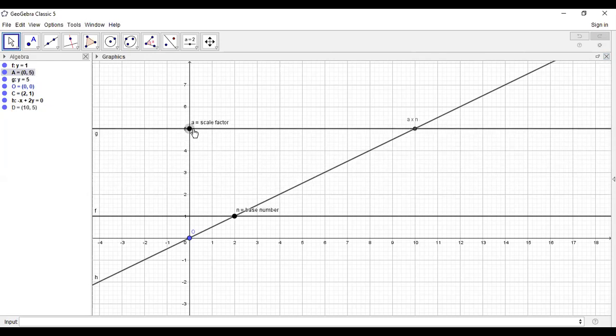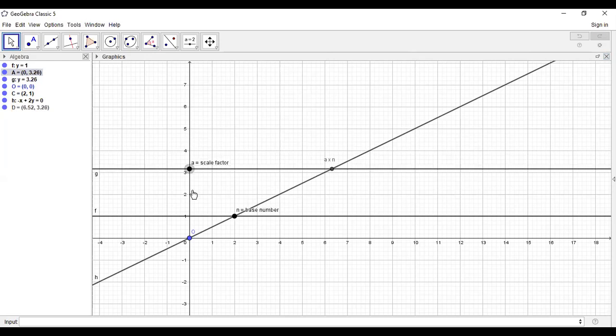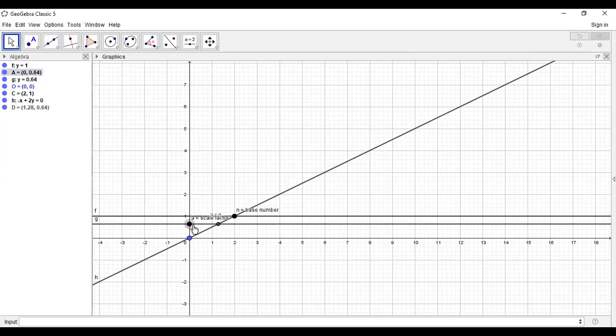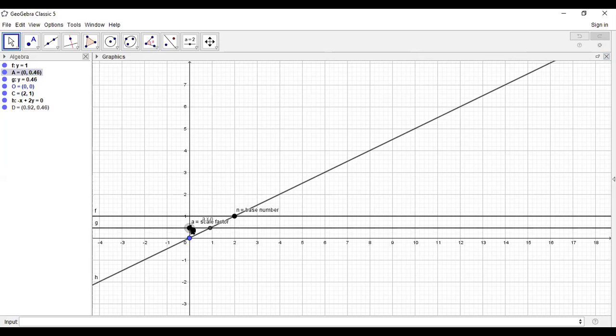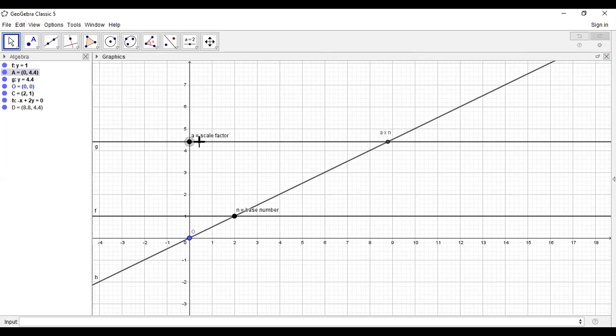As A increases, AN increases. As A becomes between 0 and 1, AN has become smaller than N. Now, it's important to note that